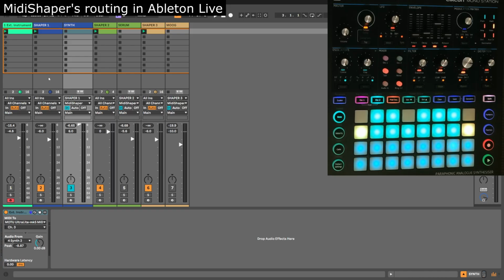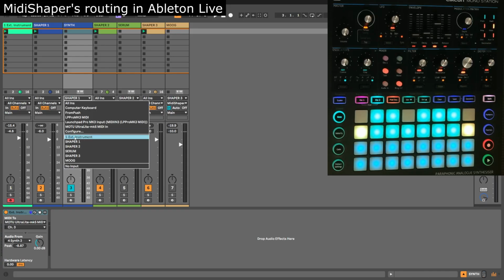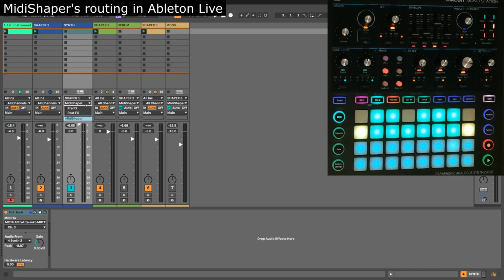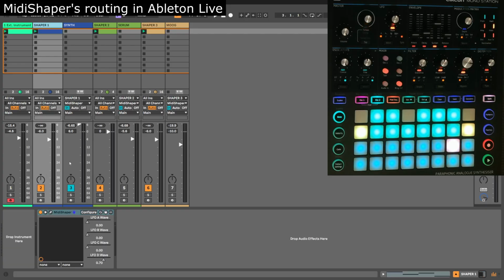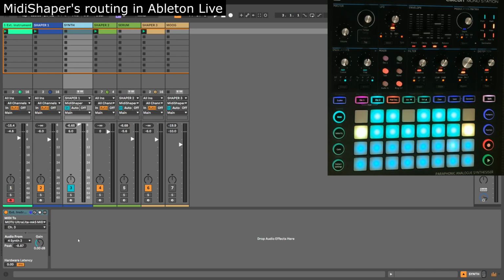For this to work, the last thing to do is select this track, so the track Shaper 1, and in the second box you will choose MidiShaper. This will appear as you drop a MidiShaper on this first MIDI track. So this is why it's good to first take MIDI track 1 and drop the MidiShaper, then MIDI track 2, set your instrument, virtual instrument or real instrument, then select the input Shaper 1 and MidiShaper in that box and set